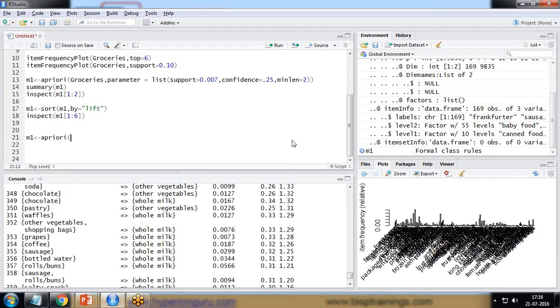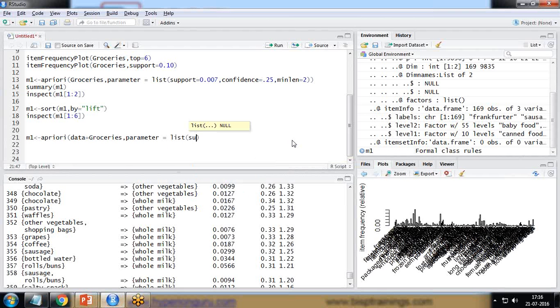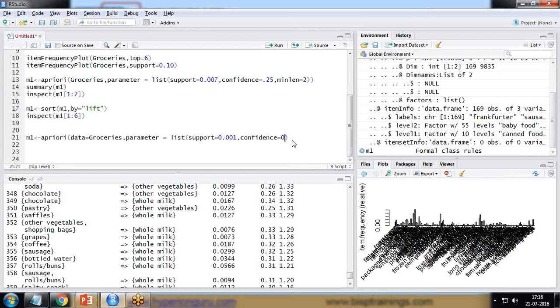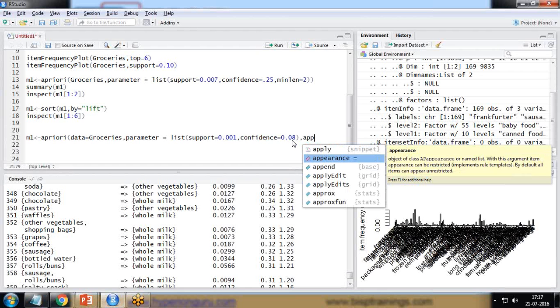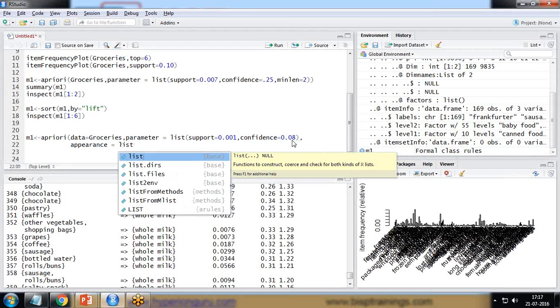So I define here data is equal to groceries, comma, parameter is equal to list, where support is above 0.001, and confidence is above 0.08, 80%, comma, appearance, and I want to display it in the form of a list. Appearance is equal to list,